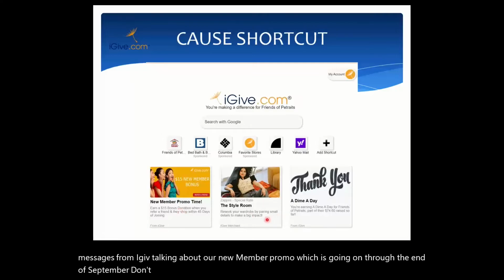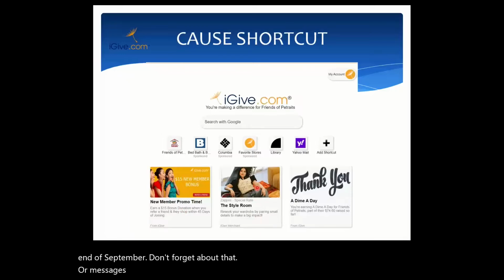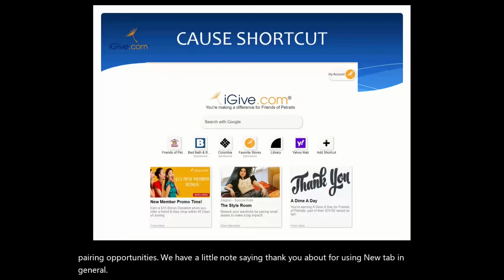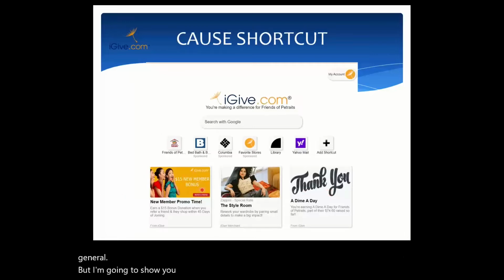Or messages from an iGive merchant. Zappos has an interesting article about wardrobe pairing opportunities. We have a little note saying thank you for using NewTab in general. But I'm going to show you how you can actually create a message directly for your members that's specifically about